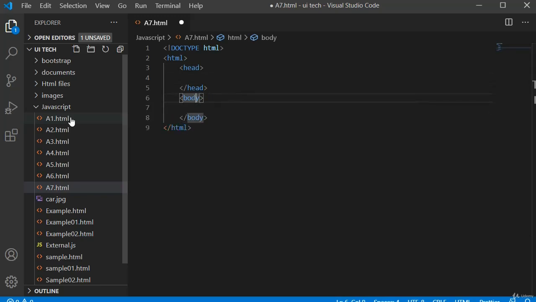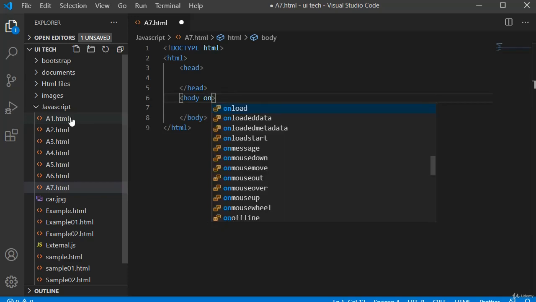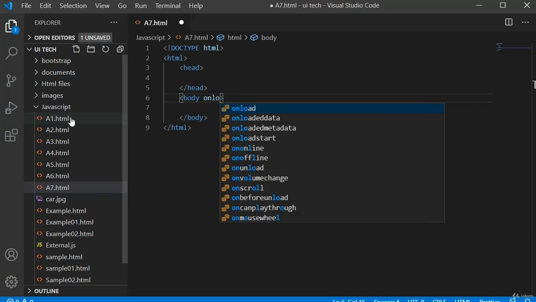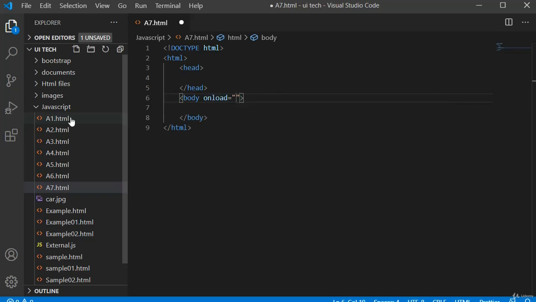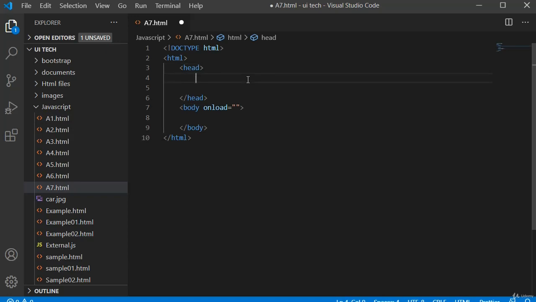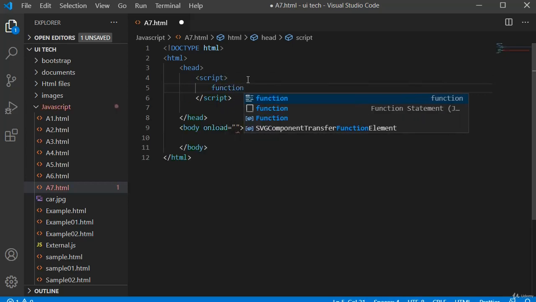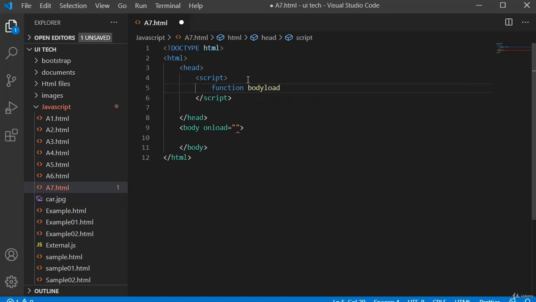For this body I want to write the onload event. First I have to write a function in my script tag. Inside I want to write a function bodyLoad.